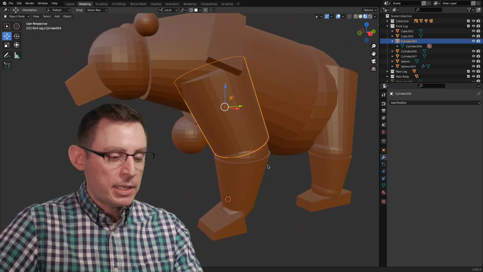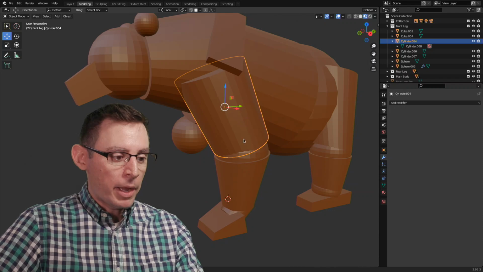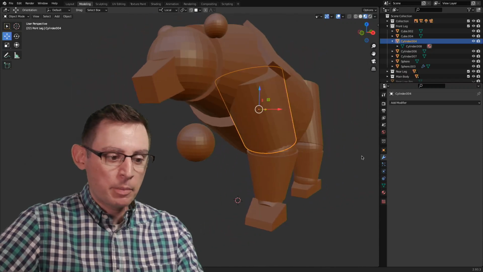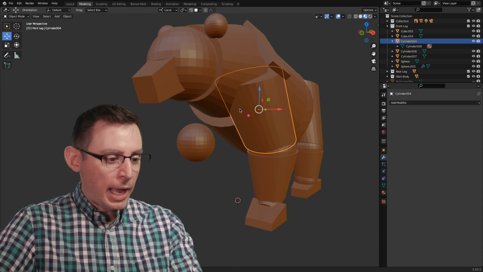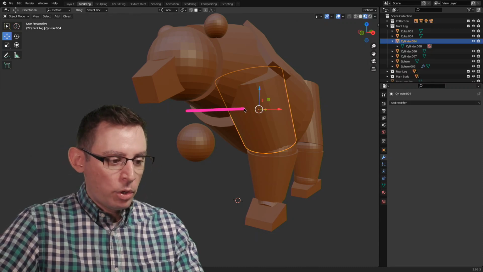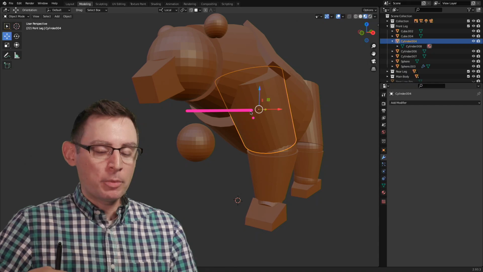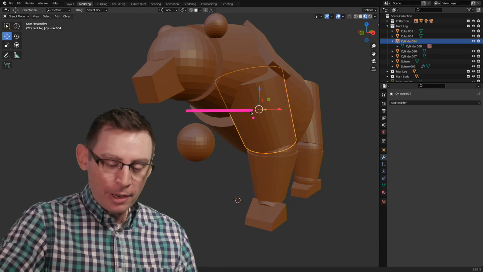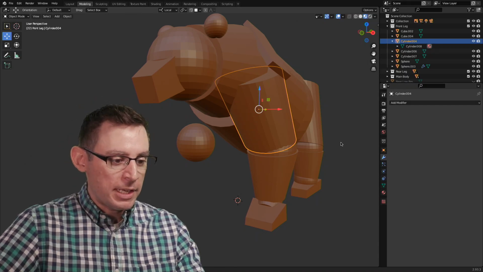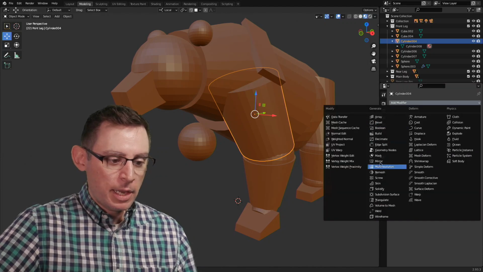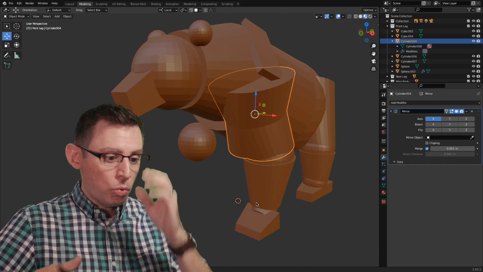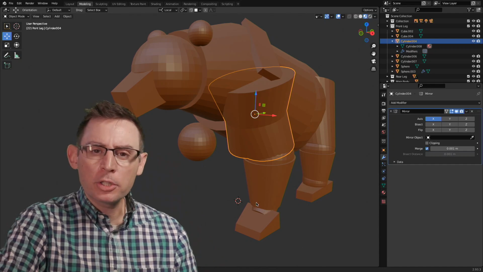Let's take this idea and do the exact same thing on my upper arm here. Same idea, same principle. We have the arm selected. This time, really highlight and notice that the origin point is in the center of the geometry. It's not in the center of the scene itself. Go into my little wrench icon here, the modifiers. Same thing, we're going to choose mirror, and oh, that's unfortunate, isn't it?